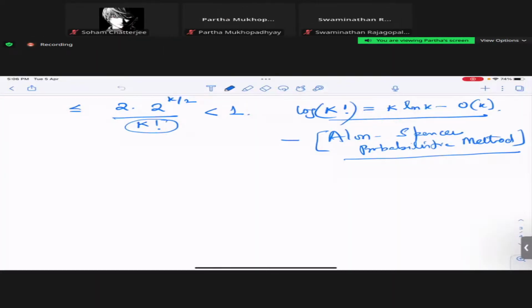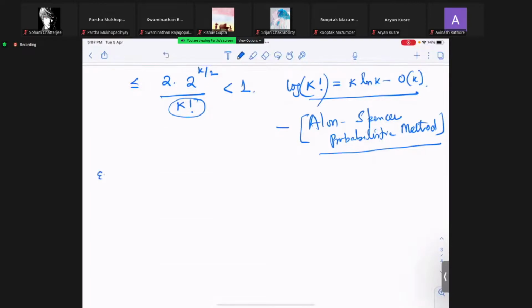Recording in progress. So let us take another example. So let n and m be integers, they're at least 1, and m is at least